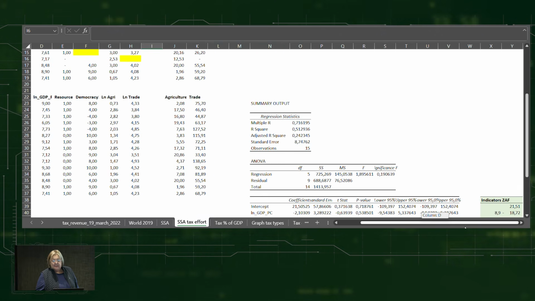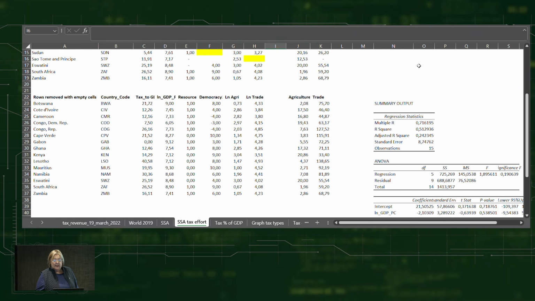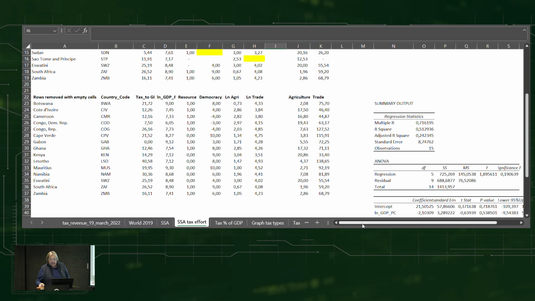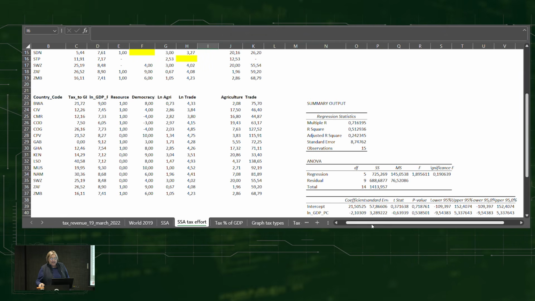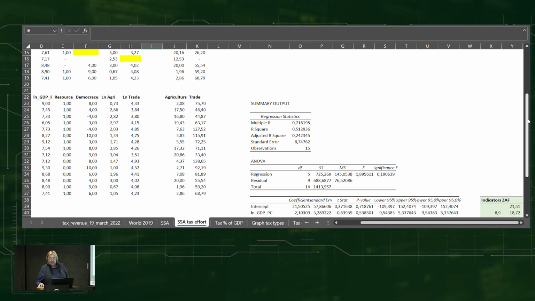And then here's the regression analysis. I've just populated it there. And so who hasn't done a regression analysis in Excel? Have you all done a regression analysis in Excel? Okay, so what you're going to do is you're going to do the regression analysis. I haven't done it in a separate sheet. I've just put it on the same sheet. So I'm just going to show you what it looks like.